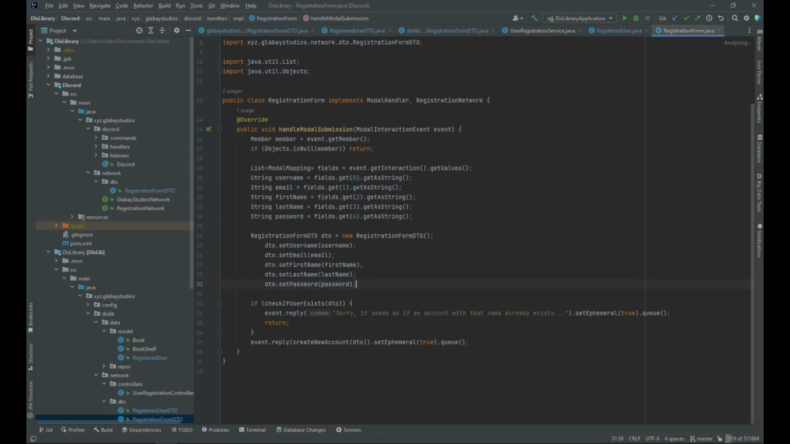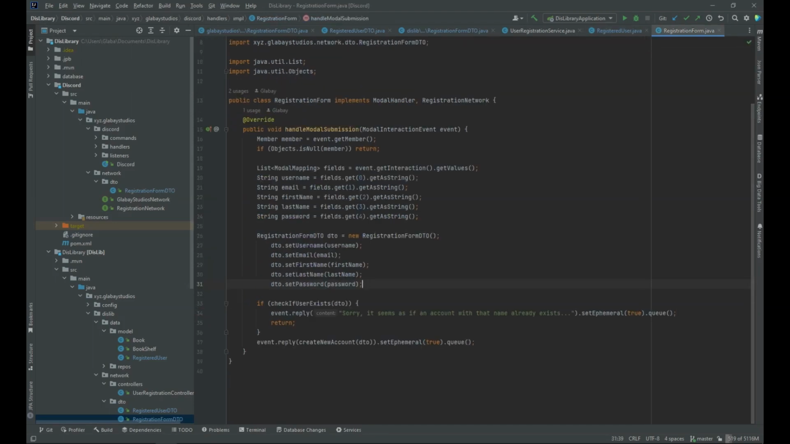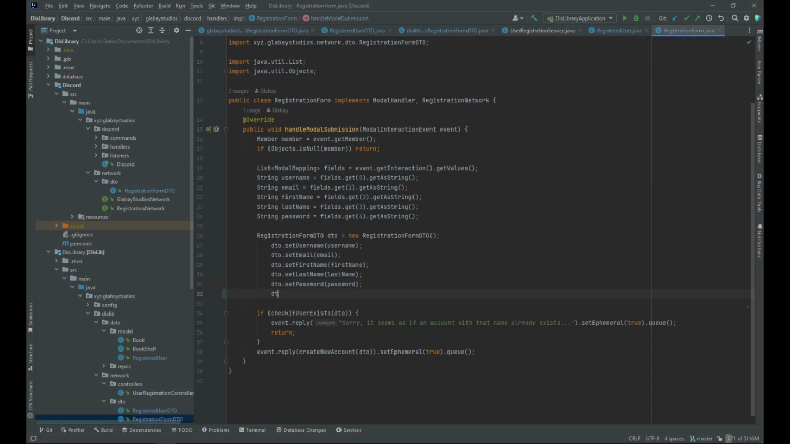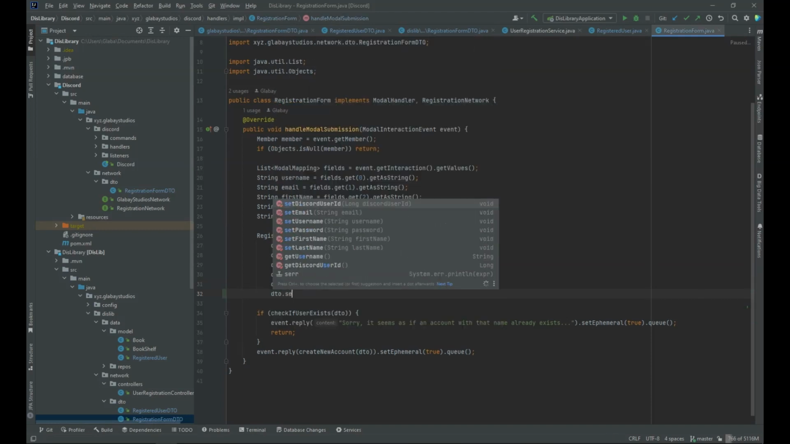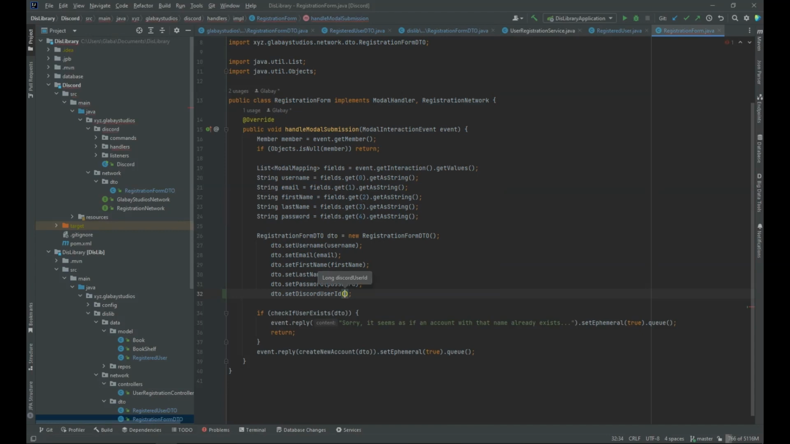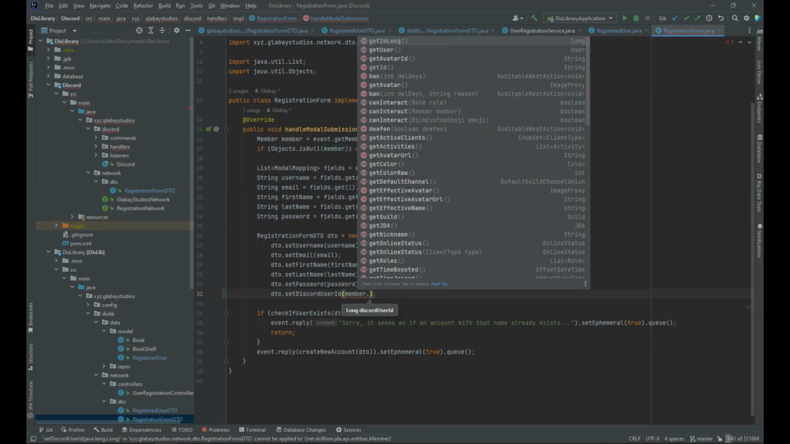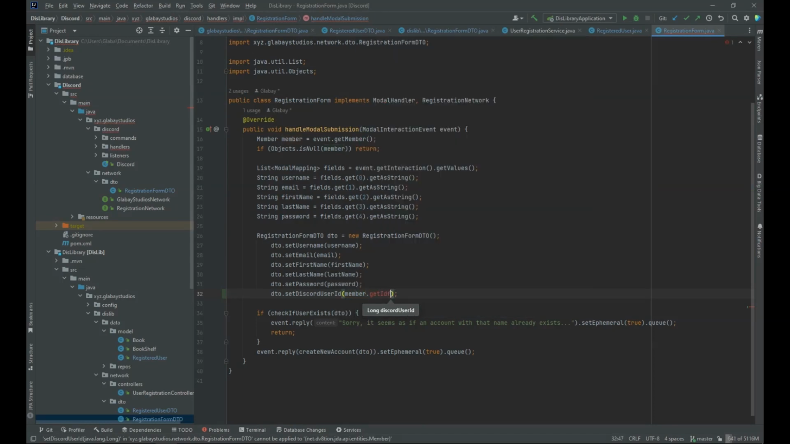Next, we're going to pop into our registration form. This would be our model handler in our Discord application. So here we just want to add the Discord user ID, and we're going to get that through Discord's JDA library. From the member object, we're going to get the ID as a long,